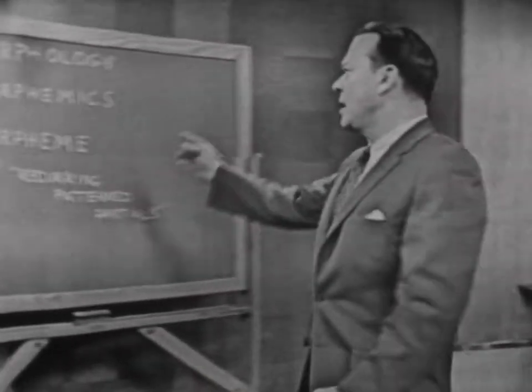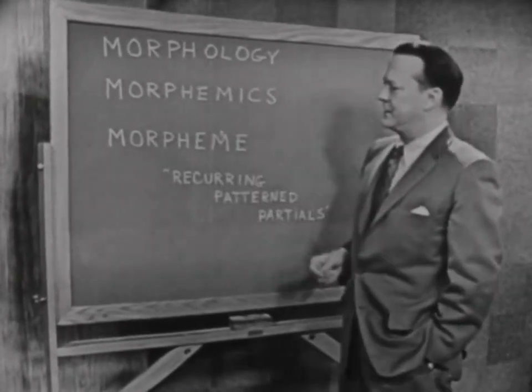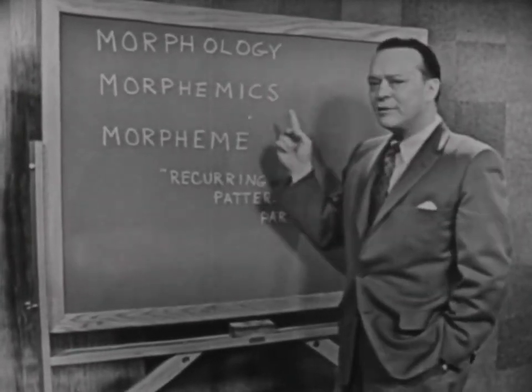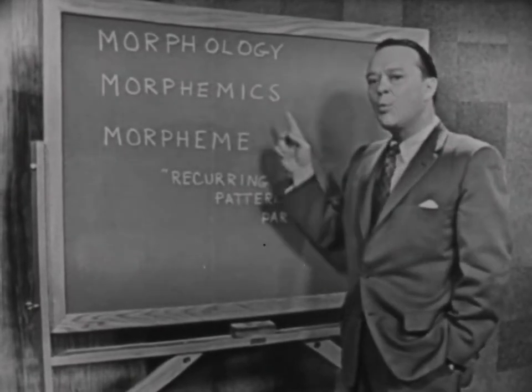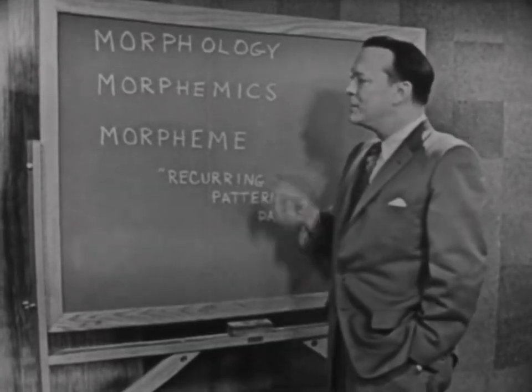We're getting to that level that the linguist calls grammar. And the first level of grammar is the study of the composition of words, how these phonemes actually pattern into words. Now, the technical name for this particular part of linguistics is morphology. Morphology means, of course, the study of the forms of things. And that particular part of morphology that has to do with word formation is technically called morphemics,